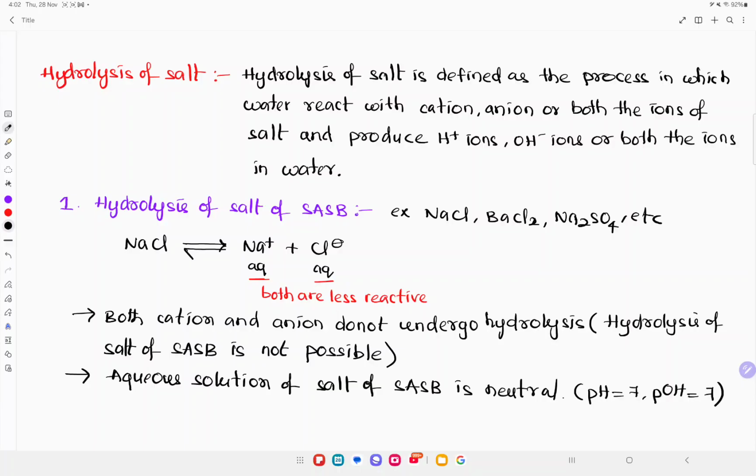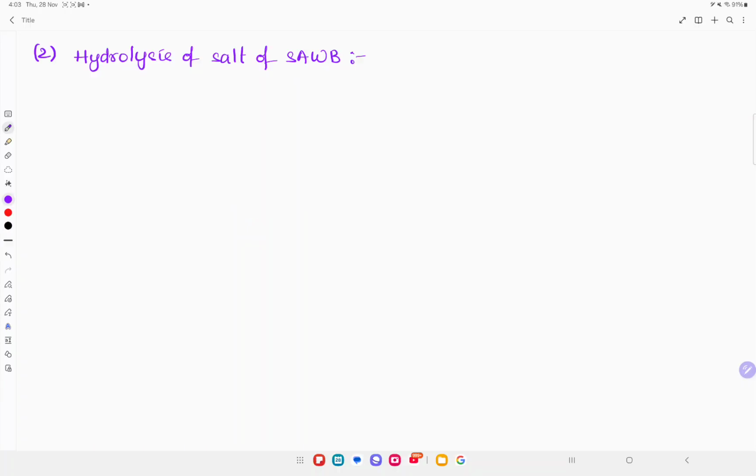Okay. Next, hydrolysis of salt of strong acid and weak base. Example for salt of strong acid and weak base is ammonium chloride, calcium sulfate, aluminum sulfate, etc. So here ammonium chloride undergoes dissociation in water to give ammonium ion